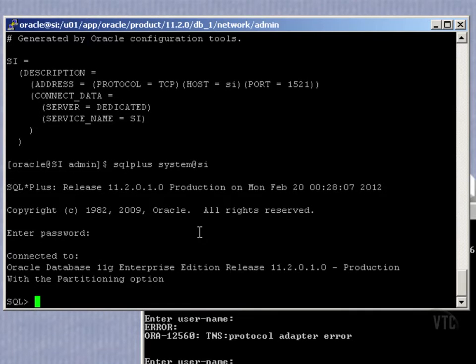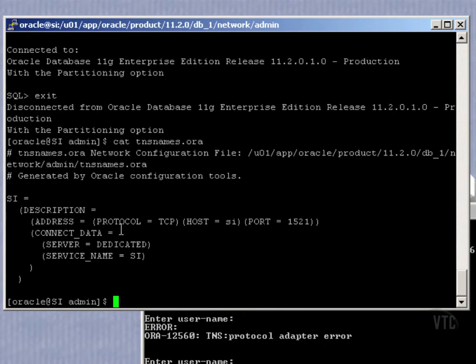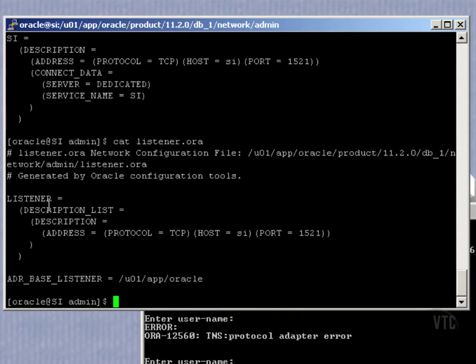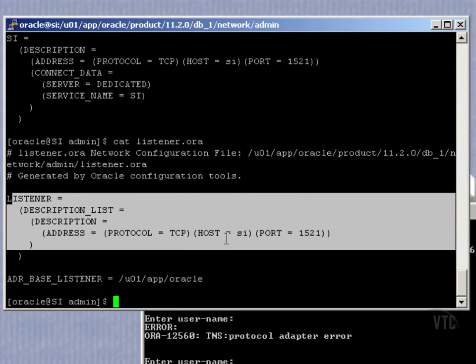I log in as that. And what's happening is that the SQL Plus program is sending the listener a request for a connection using SI. And if we come back out here, look at the TNS file, it says SI connection string. And now we look at the listener file. The listener is listening on this same connection string, protocol, hostname, and it listens for connections. As soon as it gets a connection request from the user, as in me doing this, system